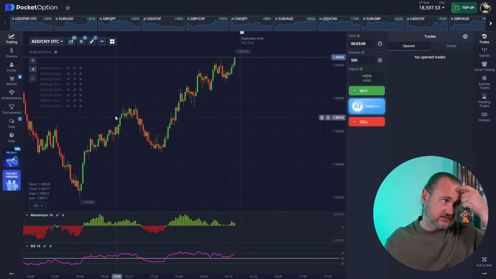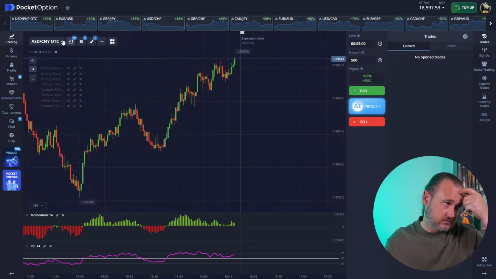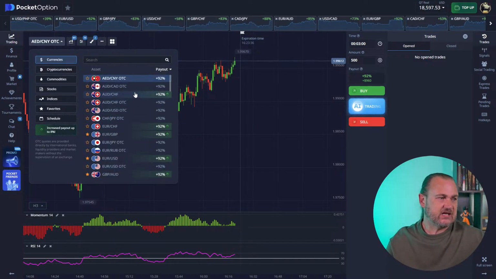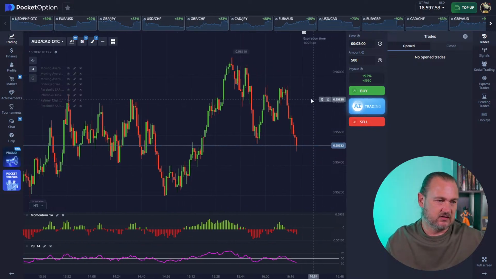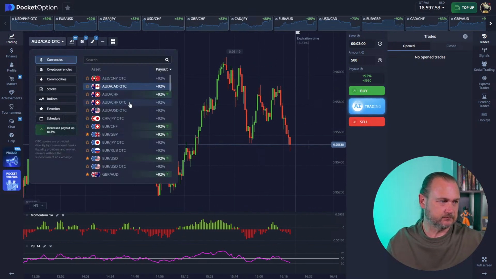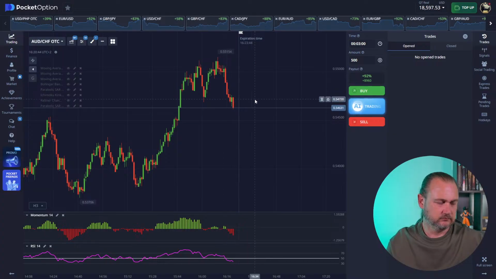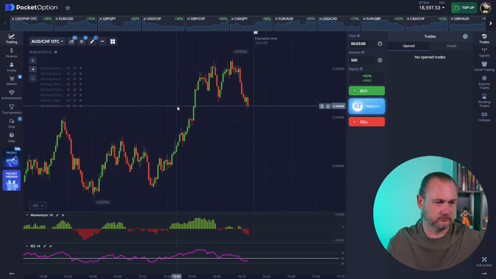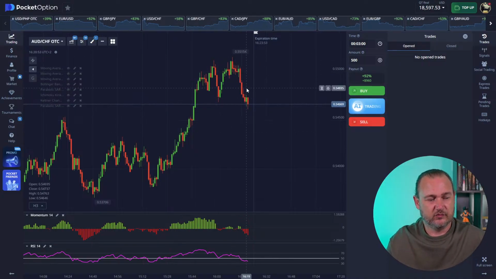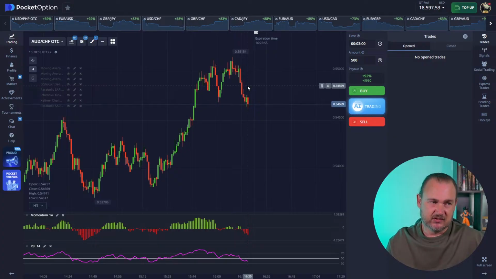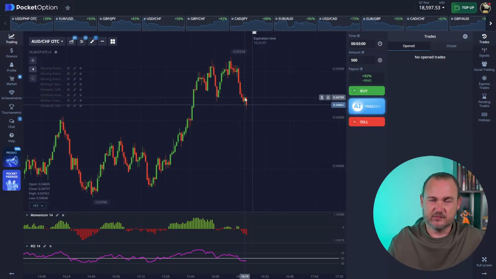Let's have a look at one or two other charts. See if we can find any other trades or any other entries that look good with momentum. Okay, so here's an example. We're too late to take this, but this is a good example of how we can use momentum to find